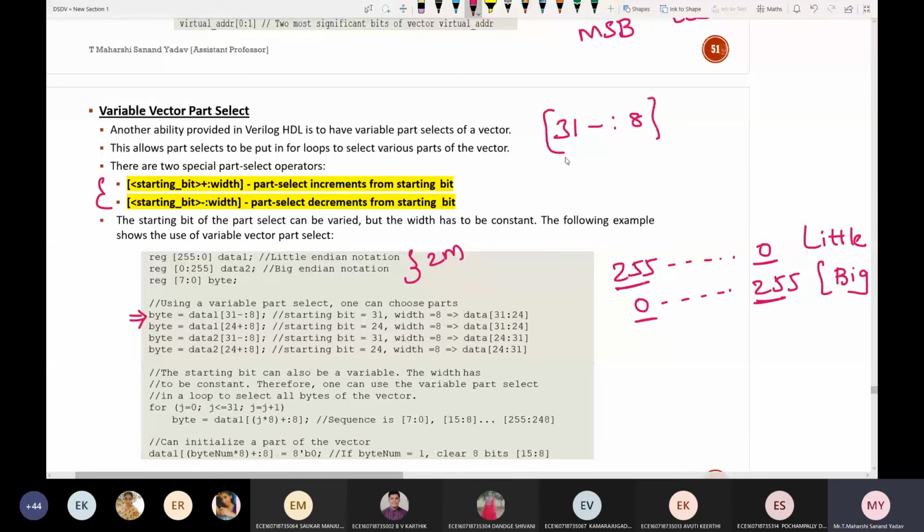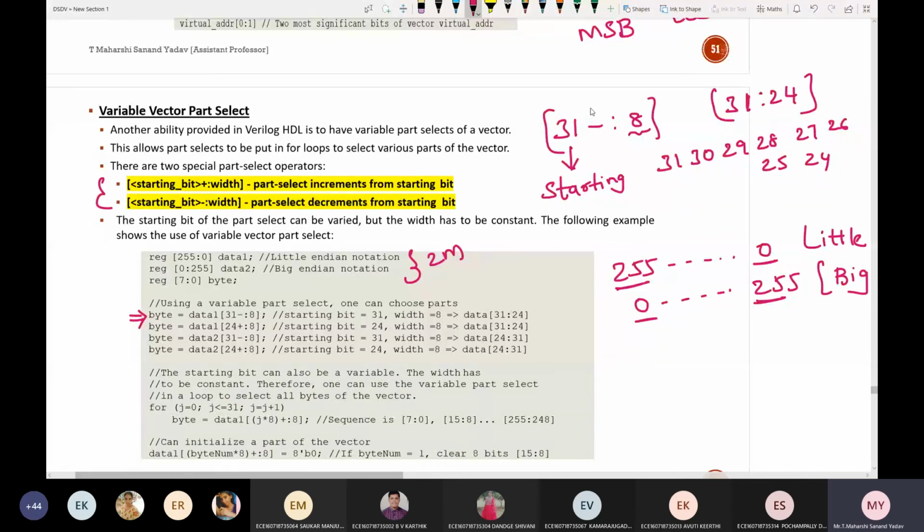Here 31 indicates the starting bit and 8 is a constant. So 31 minus 8 means 31, 30, 29, 28, 27, 26, 25 and 24. So this is nothing but 31 down to 24.